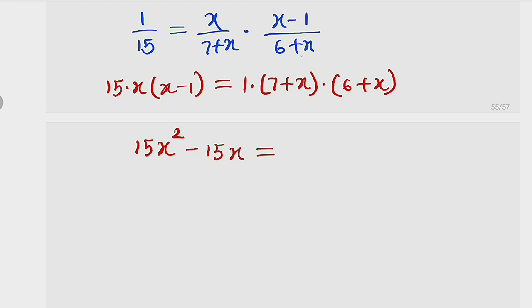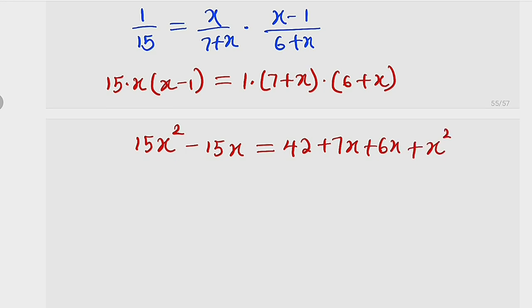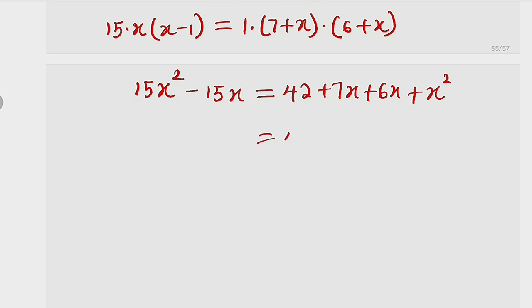Already 1 will not change anything, so we take 7 and multiply by 6, that will give us 42. 7 multiplied by X gives 7X. Then X times 6 is 6X. X times X is X squared. So let's simplify this. This is 42 plus 13X plus X squared to the right,